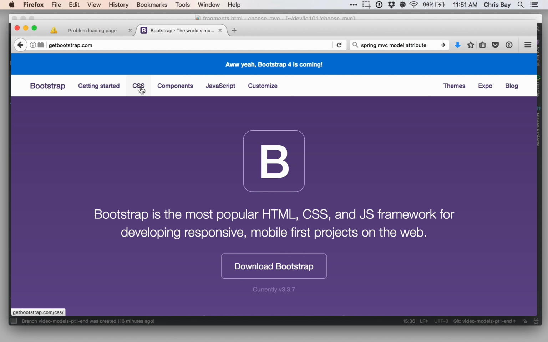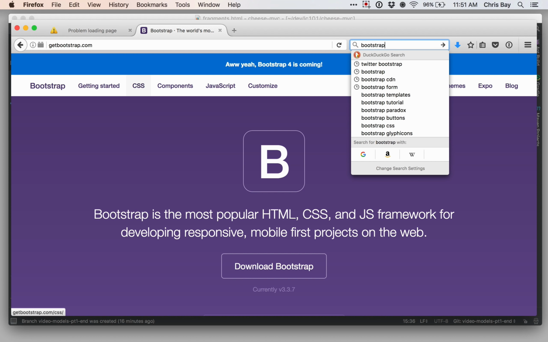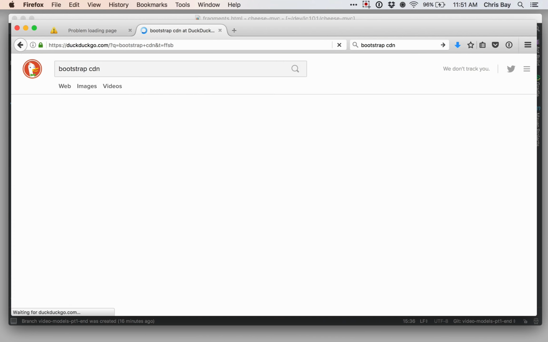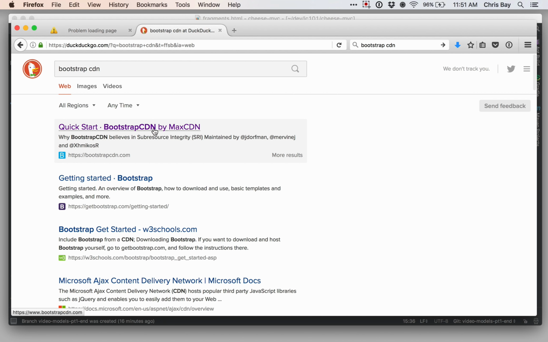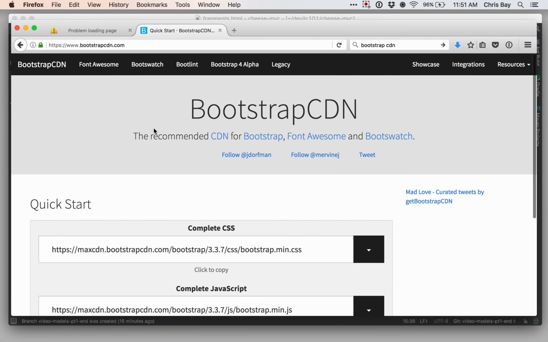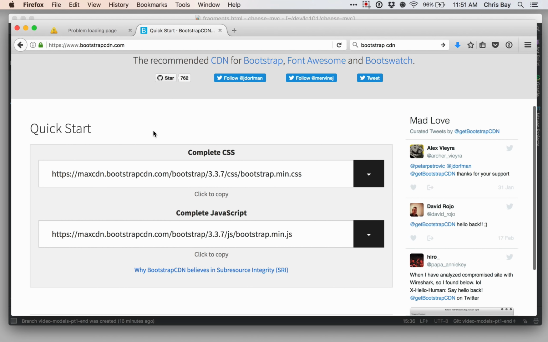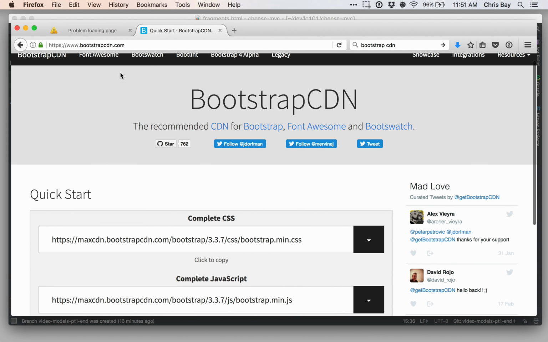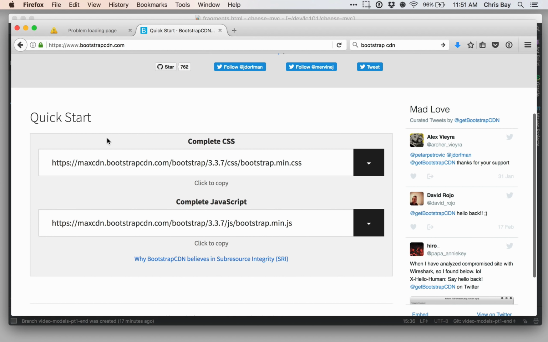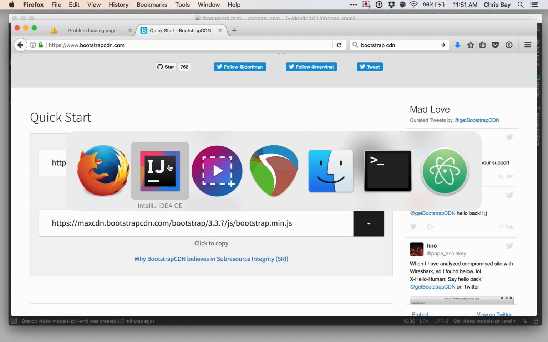So the way that I've added Bootstrap is to use a Bootstrap CDN. A CDN is a centralized place where you can pull in hosted files into your application. So here at bootstrapcdn.com. Again, I'll put this link in the video notes. You can copy the CSS and the JavaScript file necessary to run Bootstrap, and then you can just drop